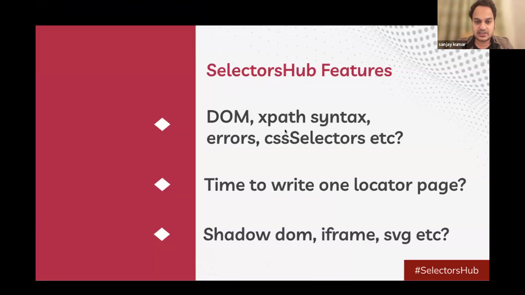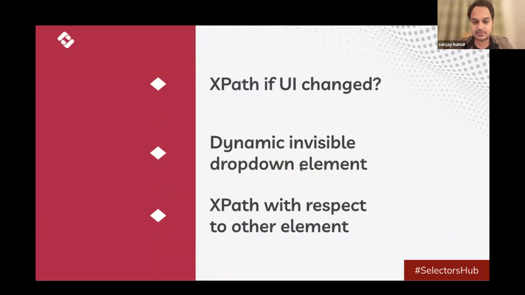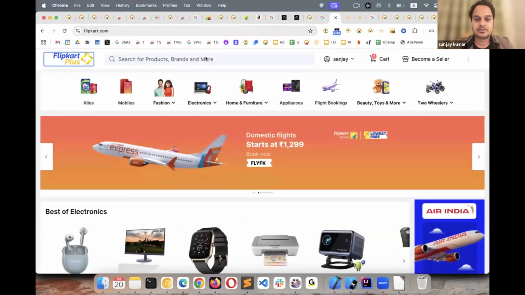Okay, so that was the XPath healing feature, guys. If a UI change happens, you can also inspect the dynamic invisible drop-down elements, bubble loaders as well, with the help of the SelectorsHub debugger feature. What does that mean? There are some complex elements as well